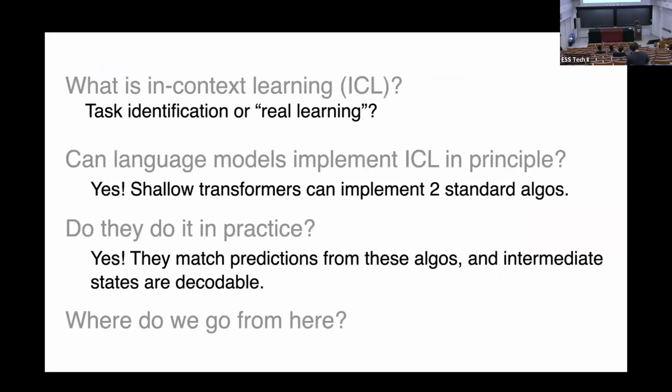Good. So to come back to all of these questions that we were asking at the beginning of this talk: what is in-context learning? The main hypotheses that we want to discriminate here are whether it's task identification or quote unquote real learning. And in the context of a very, very simple real learning problem, we've shown that it's possible, at least in principle, that models are really doing it, that you can get smallish transformers to implement real learning algorithms. And we've presented both behavioral evidence and at least preliminary representational evidence that this is actually what's being implemented by these models,